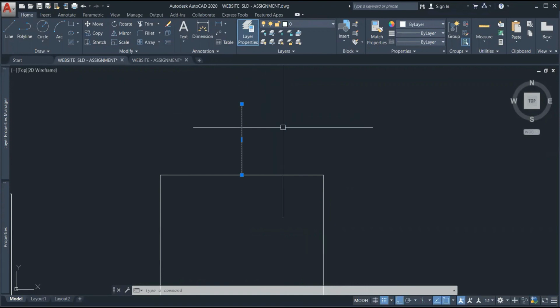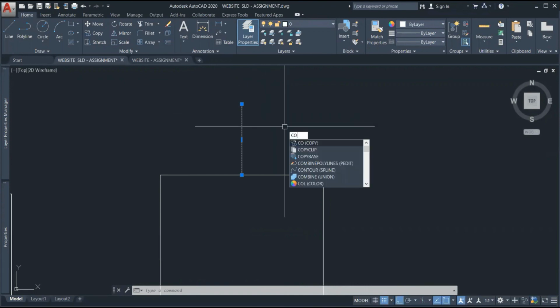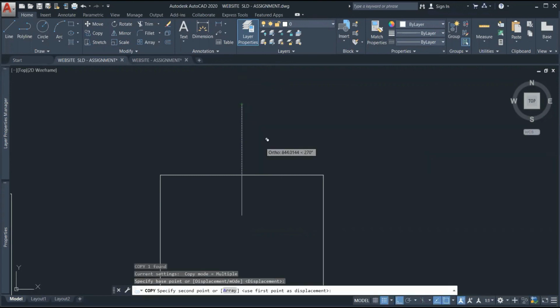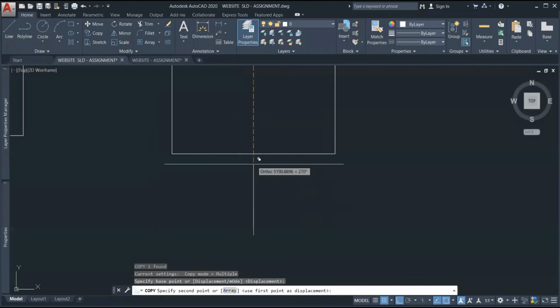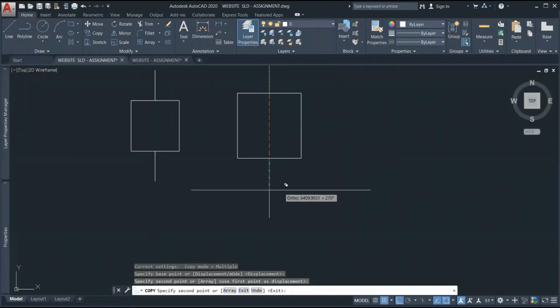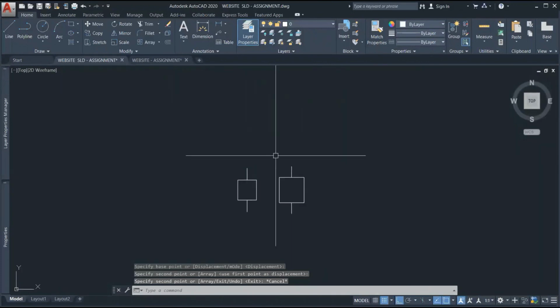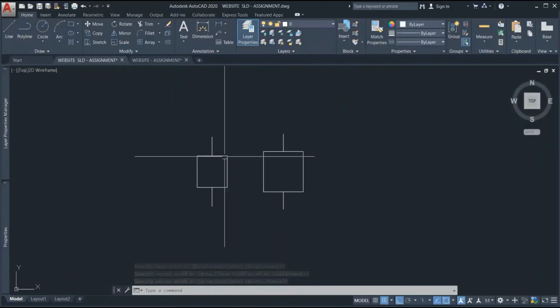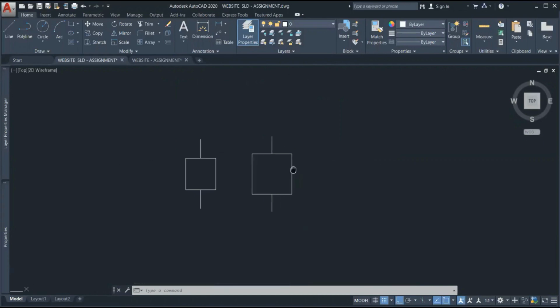Type CO, enter, pick up the point, and place the object where you want. This is tracking the midpoint. Press escape. So by two methods we have made this circuit breaker: one is polyline and the other is rectangle.